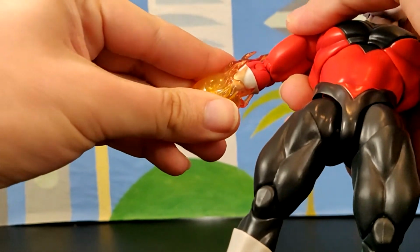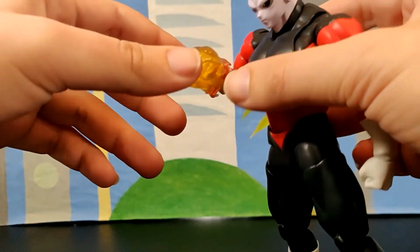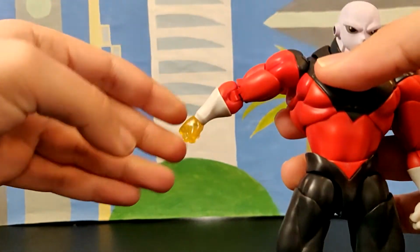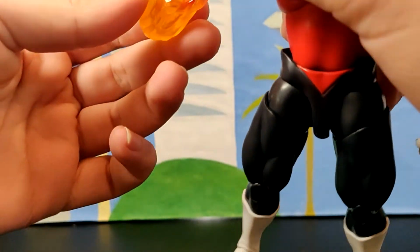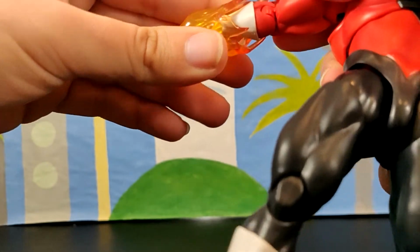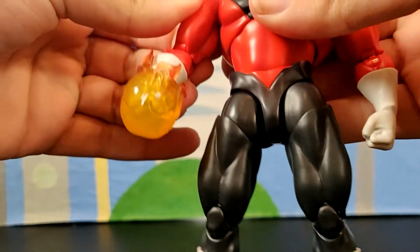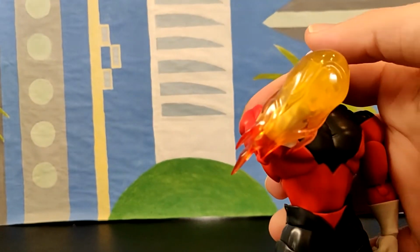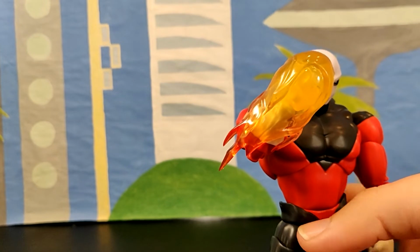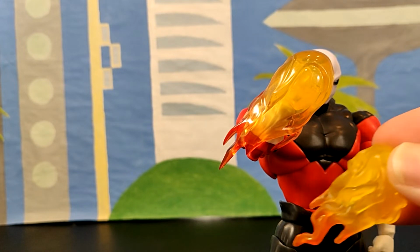So basically, you go in there afterwards and you just put that flaming hand in there. And I gotta say, this looks real. Well, okay, it doesn't exactly stay in there as securely as I would want it to. Maybe it's because I just didn't push it. There we go, I'm just being dumb and not pushing it in far enough. So, yeah, it is a really nice effect. I'm really impressed by it. The thing that I like about it is it's more translucent, but it also reminds me of the Iron Fist flame effect that came with Marvel Legends